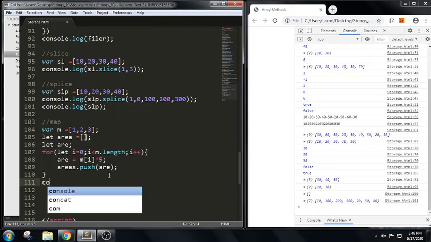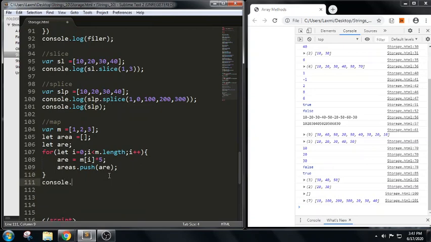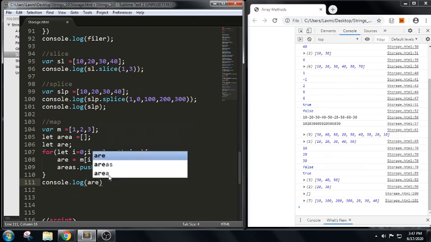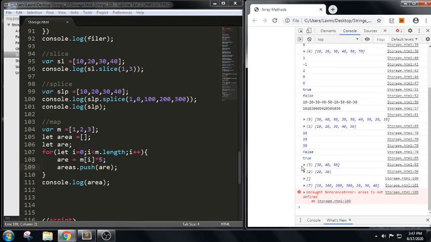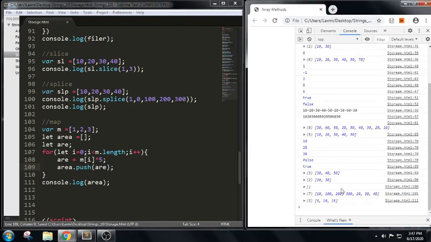So let me echo this, sorry. In the sense, let me console, yes, console.log, let me print area, right? Yes, we have an array. So I'm trying to read each and every array element, and I'm trying to multiply the value of 5 to each and every one of it. Areas is not defined. Where is areas not defined? Sorry, here we don't have areas, right? What we have declared is area. Area we have written, yes. Can you see? For 1 it is multiplied, 2 and 3.